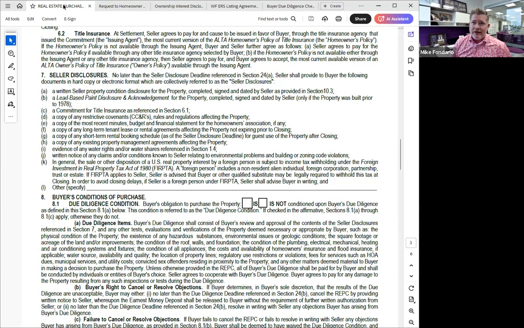Evidence of any water rights and/or water shares referenced in section 1.4. We discussed this briefly a couple huddles ago, where one of our agents was listing a property that had sold about four years ago, and had seen in the listing on utahrealestate.com that the last listing agent had referenced water rights in their listing agreement. And so the current owner had no recollection of that and was not aware of any of those things.